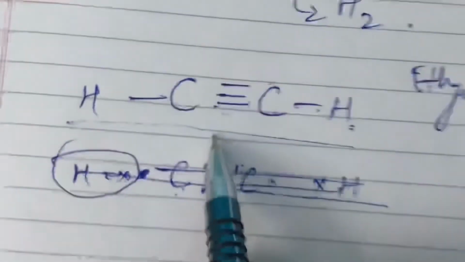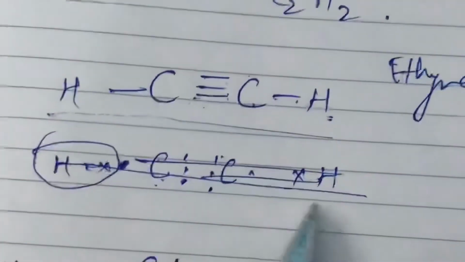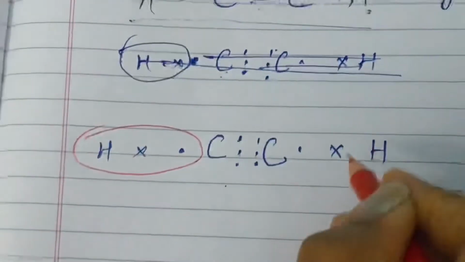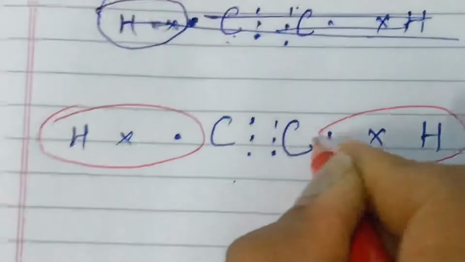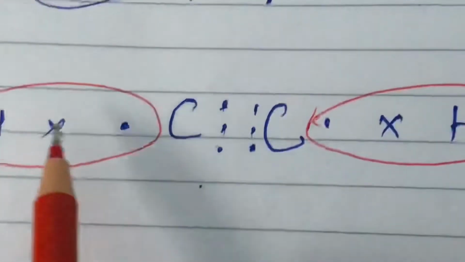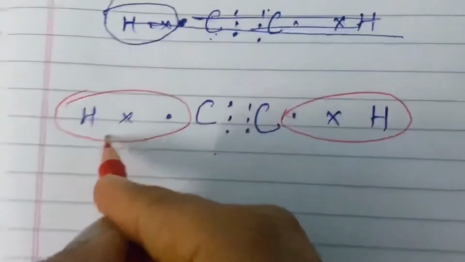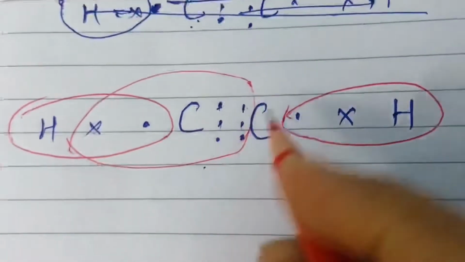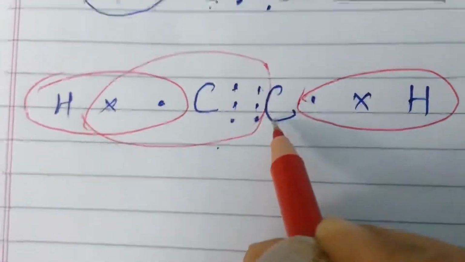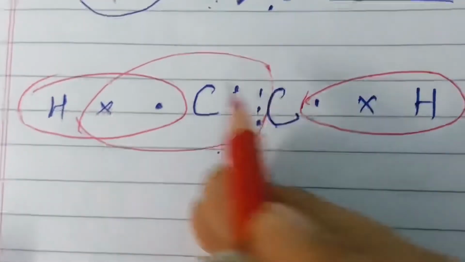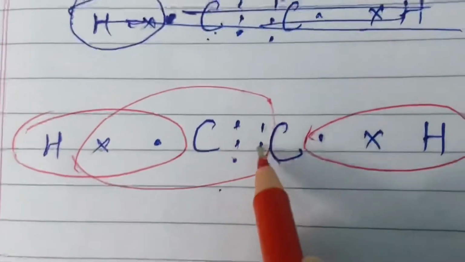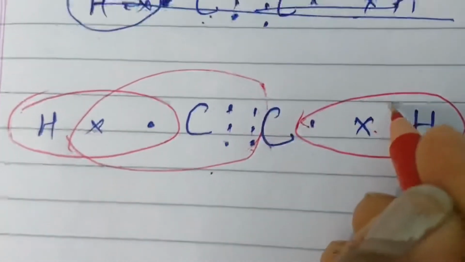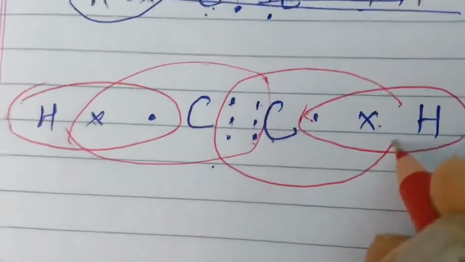How will you make the dot structure? I have tried here but I have cancelled it out. I am trying over here again. Now I'll use my red pen so that I can show you properly how bonding is taking place. Now 1, 2, 3, 4, 5, 6, 7, 8. So this carbon will pair up all 3 electrons of the other carbon to complete its outermost shell, and this carbon will take the 3 electrons of this carbon. 1 2 3 4 5 6 7 8. Now all are completely filled.